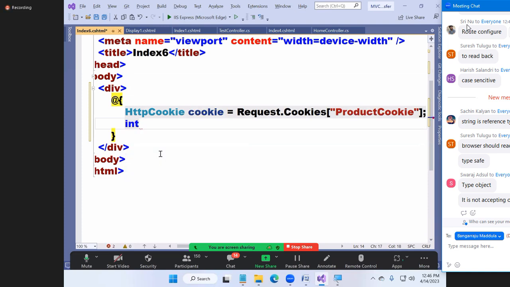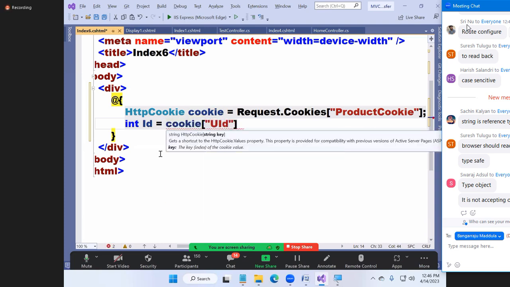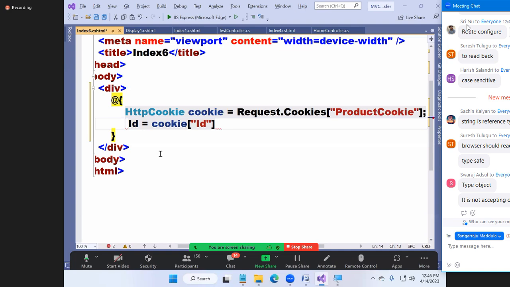Int ID is equal to cookie of ID, and the return type is string here. You stored string, you'll get string only. So if you want to read it as a string directly, no need for any conversion.